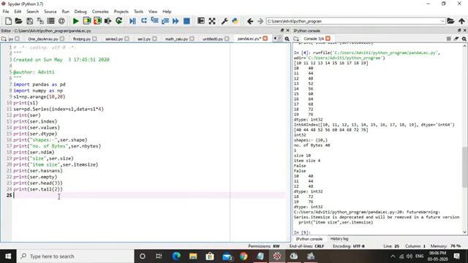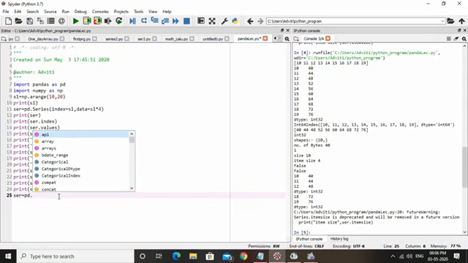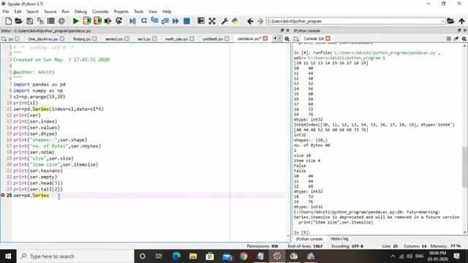Let's say I am writing here SER equals to pd.Series, and then I am creating a series with 11, 15, 14, 10, 20.